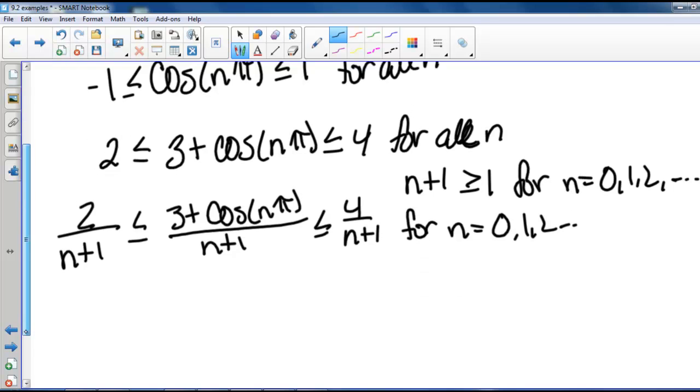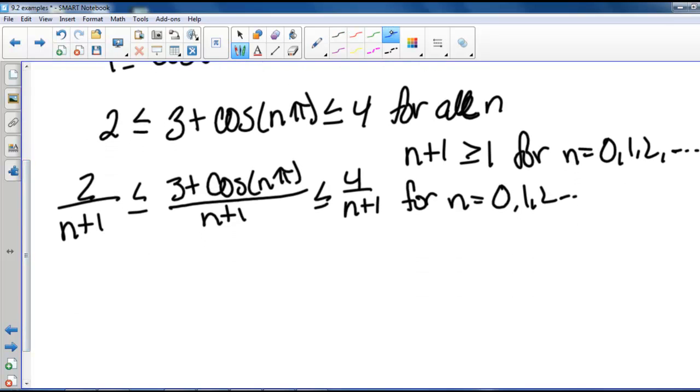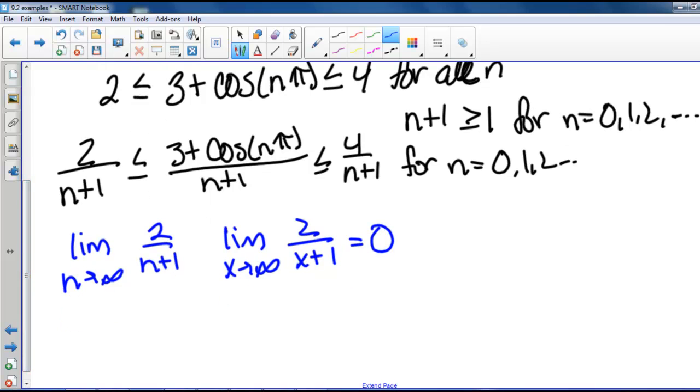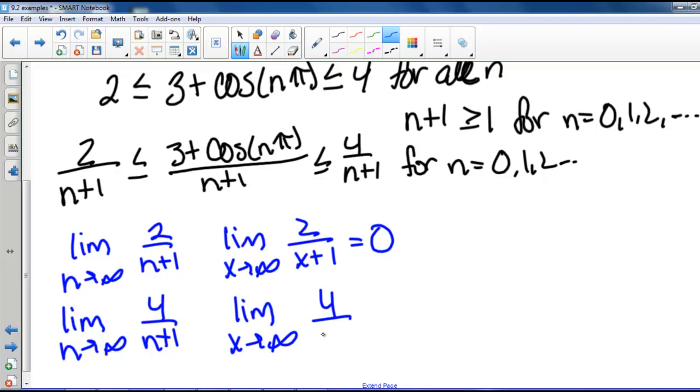So now we look at the limit of our sides. So the limit as n goes to infinity of 2 over n plus 1, rewriting this as a function, the limit as x goes to infinity of 2 over x plus 1 is 0. And same with the right hand side, the limit as n goes to infinity of 4 over n plus 1 as a function is the limit as x goes to infinity of 4 over x plus 1, and that also equals 0. So since these two are equal, by the squeeze theorem,